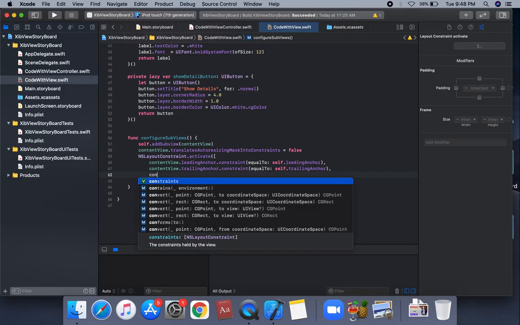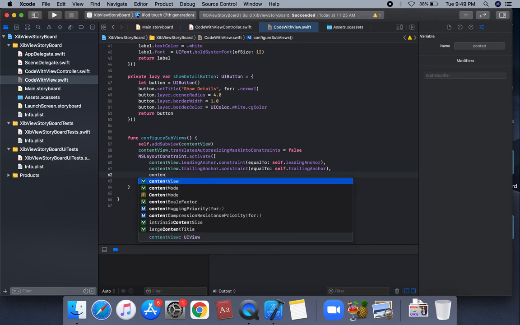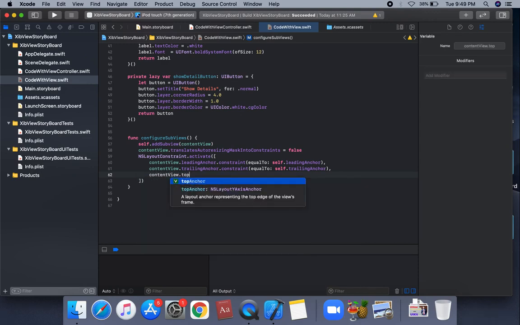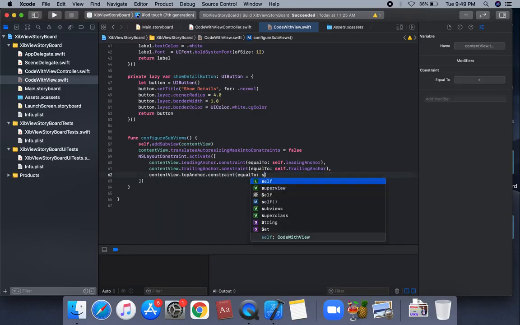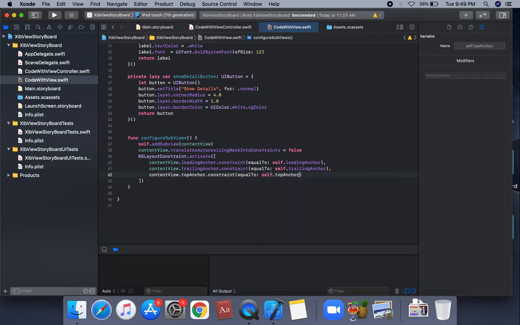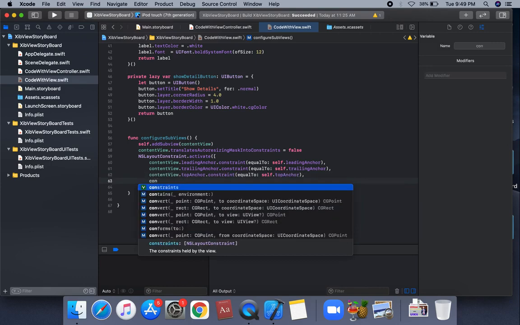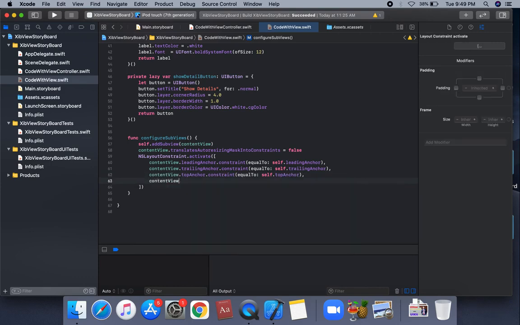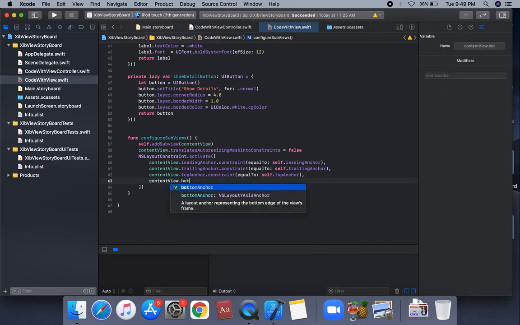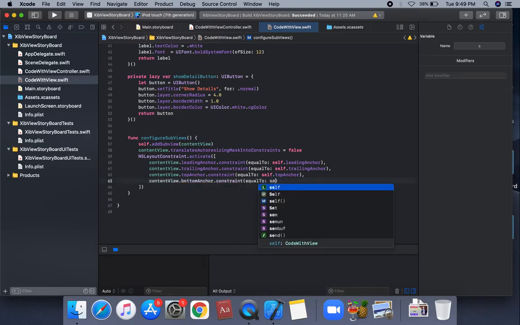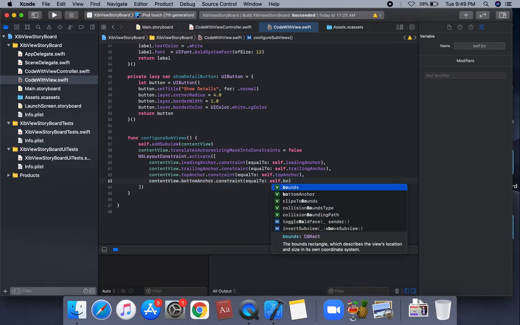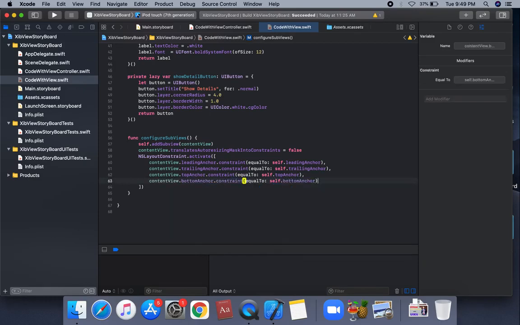Content view dot top anchor dot constraint equal to self dot top anchor, and we're going to apply the bottom anchor on this content view, dot bottom anchor dot constraint equal to self dot bottom anchor. We're going to apply this constraint to complete the content view. So this is the content view constraint, completed.